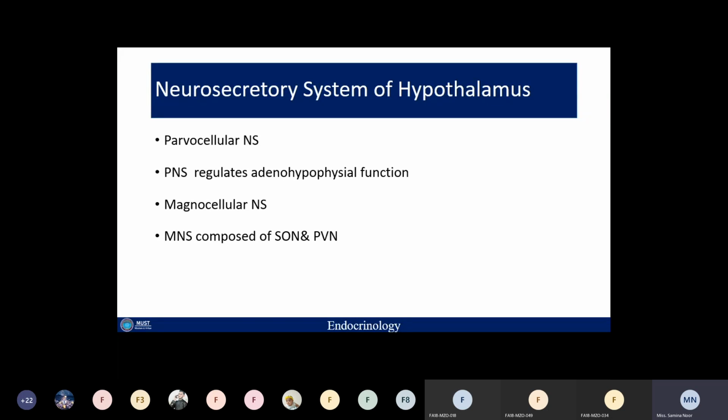So the neurohypophysis doesn't secrete oxytocin and vasopressin. It just stores the oxytocin and vasopressin, which are already secreted by the supraoptic and paraventricular nuclei of the hypothalamus. So सुप्राऑप्टिक न्यूक्लाई और पैरावेंट्रिकुलर न्यूक्लाई जो हैं ये सेक्रीट करते हैं दो डिफरेंट टाइप के